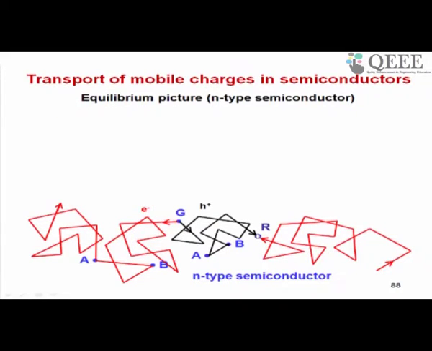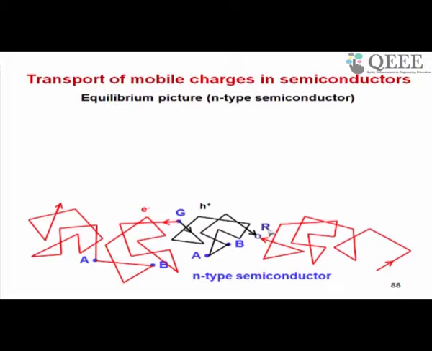So now I have shown this picture, the path of an electron and a hole. In this case, the red lines show the path of an electron. You can see here that point G is generation. At this point, an electron hole pair has been generated. Electron is moving to the left and something like this. The hole is moving like this, the black. The hole is moving along the track which is in black color, and somewhere here it is meeting with some other electron which was moving around, and therefore recombination happened, right? So between generation and recombination, the time of the carrier is said to be the lifetime.